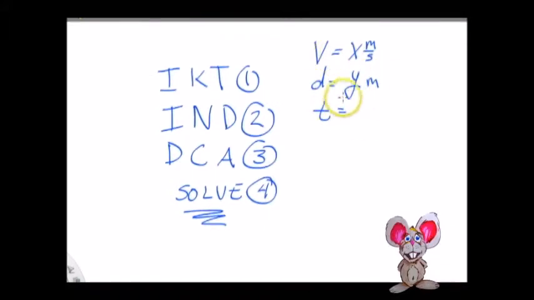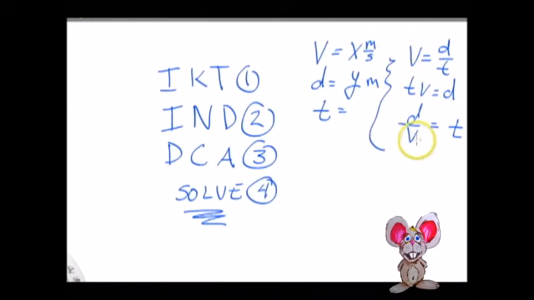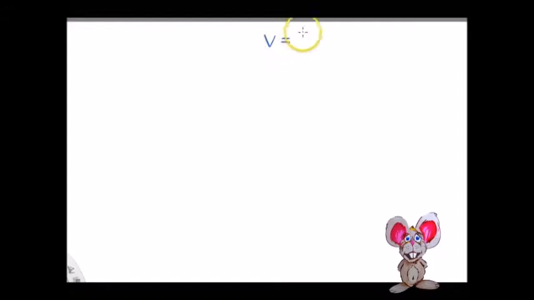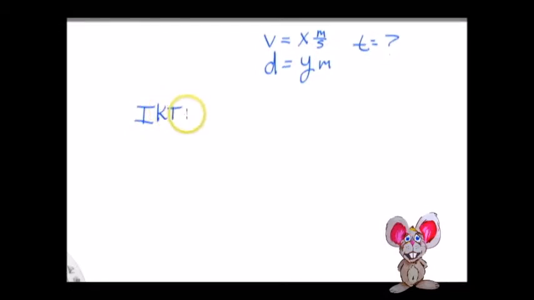So, we have velocity and distance. Our fact family says v equals d over t. It also says that t times v equals d. It also says that d divided by v equals t. So we have a series of fact family elements here, don't we? That's one thing to look at, but first, isolate known terms. Let's go back here, edit and clear. We're given velocity equals x meters per second, distance equals y meters, and t equals our unknown. We deduce that from the problem. So we first want to isolate known terms: velocity equals x meters per second, and distance equals y meters.